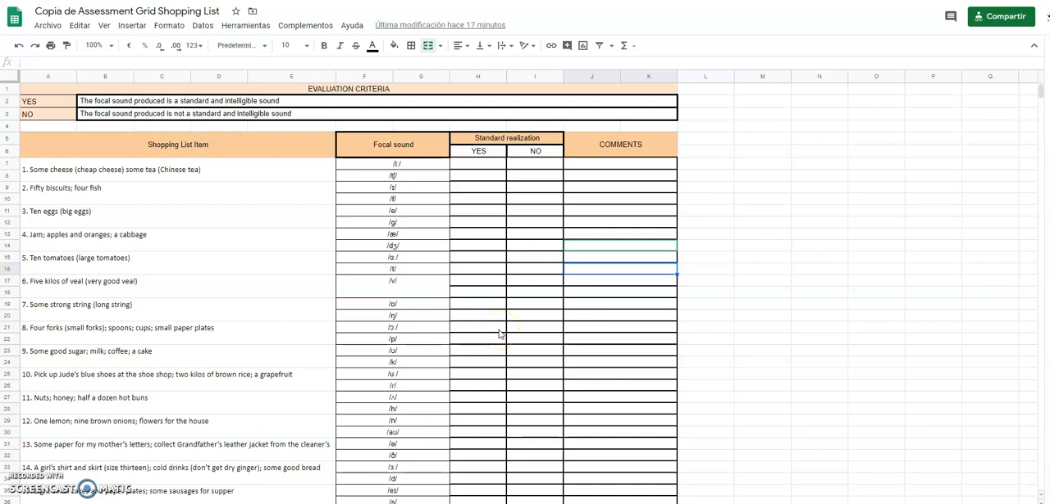Well, in this video, I'm going to show you how to work on the assessment grid. When you access this grid, I want you to analyze your productions according to whether you think the sound that you're producing is a standard and intelligible sound, or if it is not a standard and intelligible sound. So, sound by sound, you're going to click on a cross whether you think it is standard or it's not